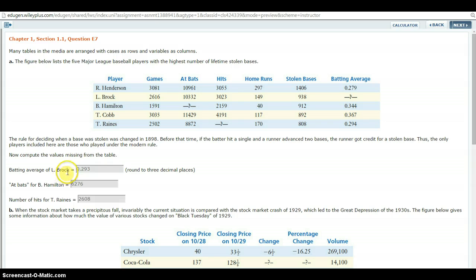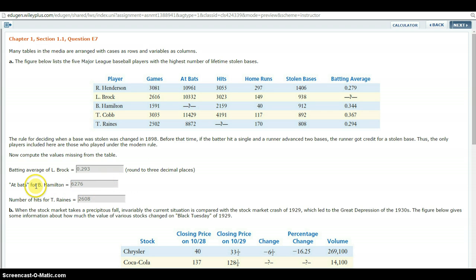So anyway, the batting average of Lou Brock, we notice that we do not have his batting average, but we do have his hits and we have his at-bats. So keeping in mind that batting average is hits divided by at-bats, we can take 3,023 divided by 10,332, and we'll get 0.293, which, as Wiley tells us here, round to 3 decimal places. And as you've noticed, often, unfortunately, Wiley can be pretty picky, so it is good to obey their little commands